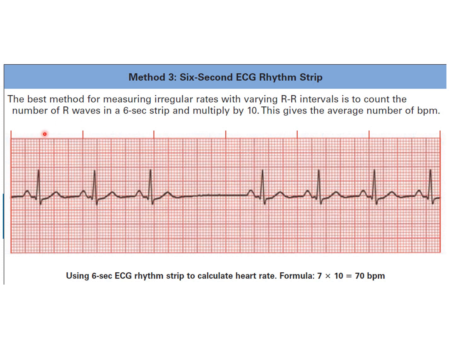1 second, second, third, fourth, fifth and sixth second. In this 6-second strip there are 7 R waves. So that number 7 you multiply by 10. So this will be around 70 beats per minute. And remember, if you notice 5 R waves, that will be 50. If you notice 6, that will be 60. Like that you can calculate the heart rate in irregular rhythm.